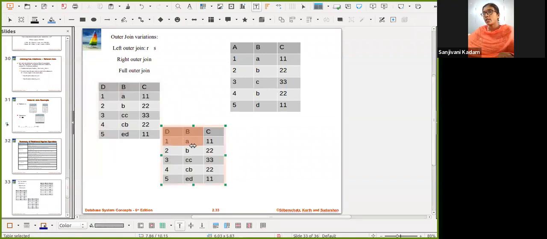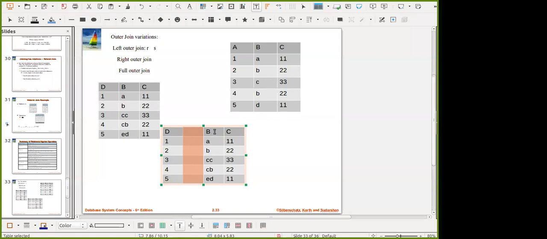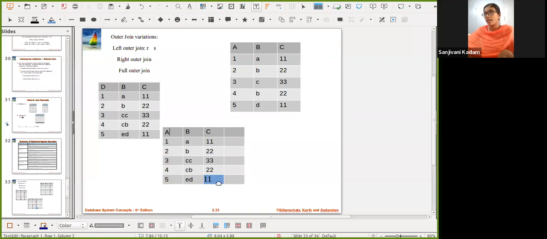So natural join means that a single record will get added. So this is my A, now 11, 22, C 33.